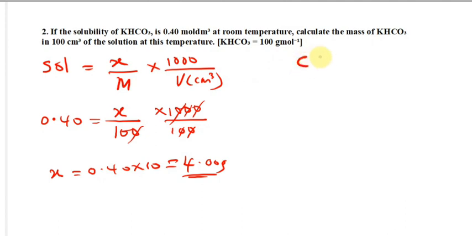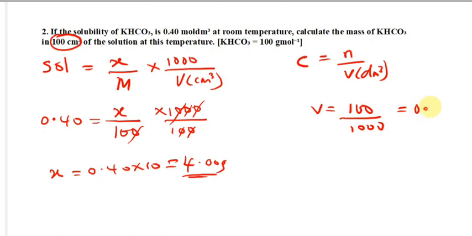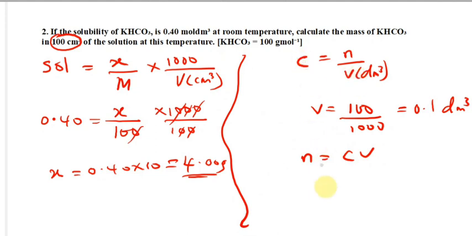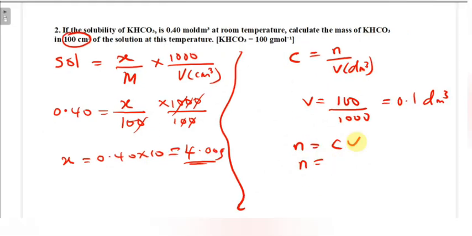Again, you can also work this out by using concentration. Molar concentration is equal to n all over V in dm cube. So it means that we have to convert this to dm cube by dividing by 1000. So the volume will be 100 divided by 1000, which is equal to 0.1 dm cube. So if we substitute this, we're going to have n is equal to CV. So that's if I cross multiply. So n will be equal to the concentration of 0.40 times 0.1, which is equal to